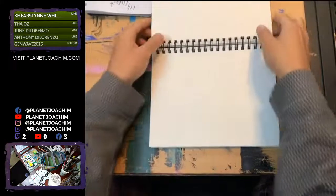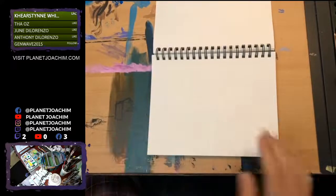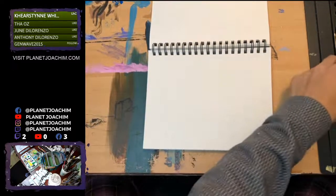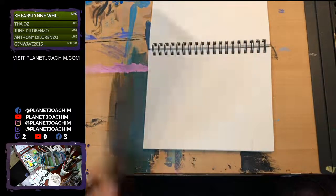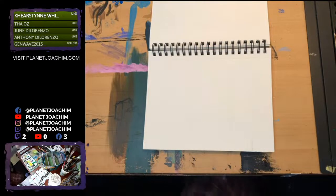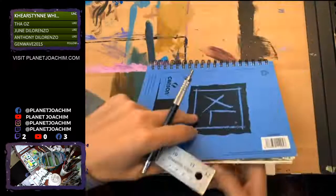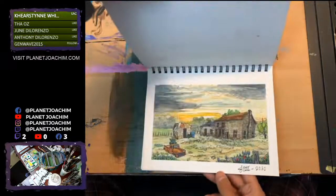So, gonna do one more of these, and then I'm gonna move on to the main painting. Get going on that. Mechanical pencil. Basically, you're gonna have to watch me do a little bit of setup here. Making sure it's not